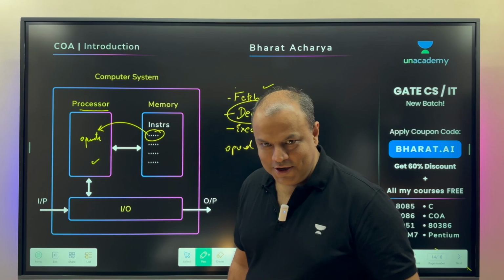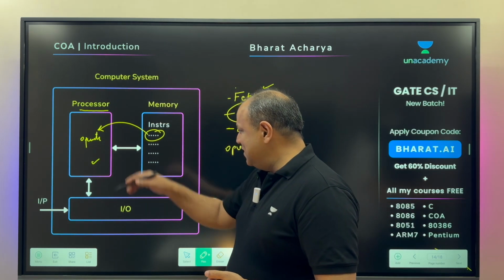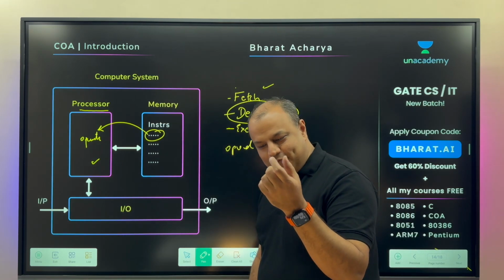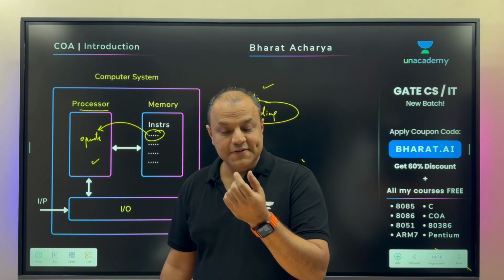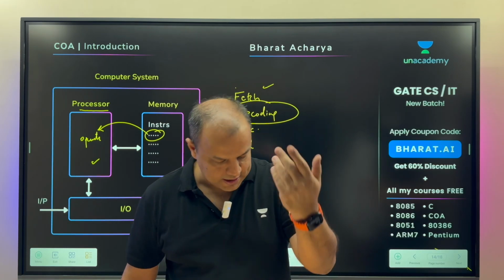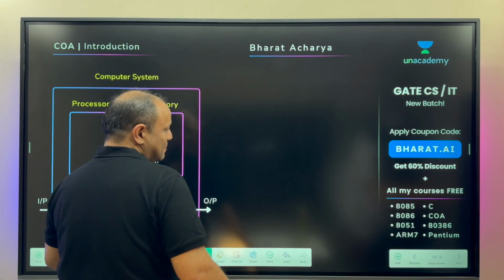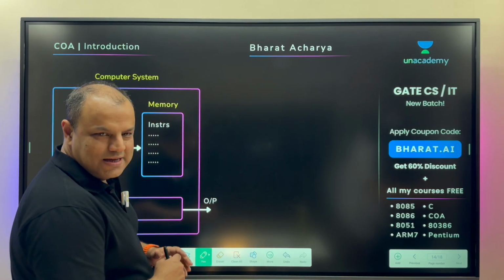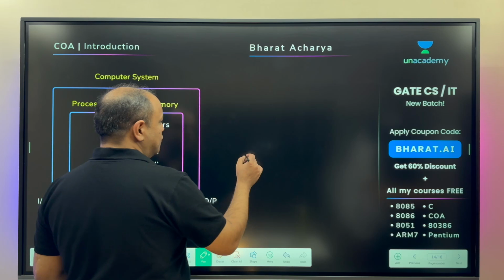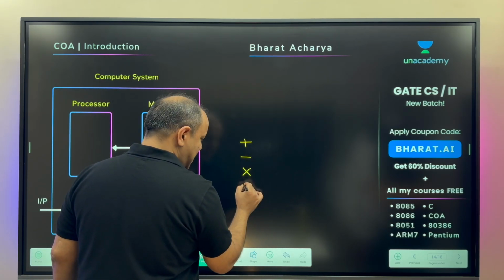Pay attention. To tell you in very simple form what this means: when you have fetched an instruction, you got a binary form of the opcode. The processor needs to analyze this binary form and understand what operation has to be done. Look here, I'll simplify it for you. Suppose there is a very basic processor that does only 4 operations: add, subtract, multiply, divide.